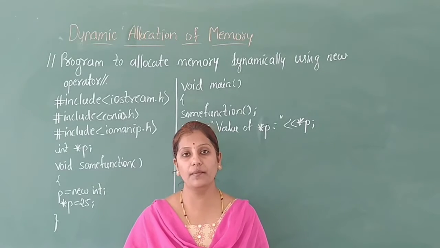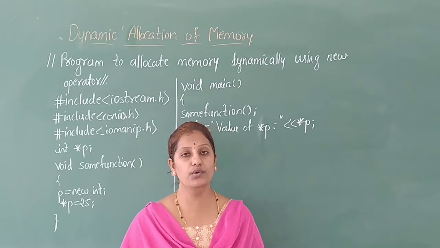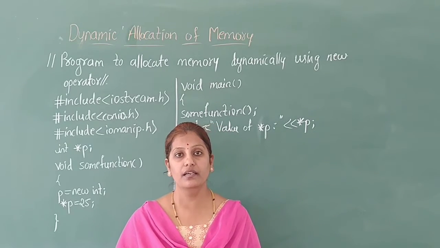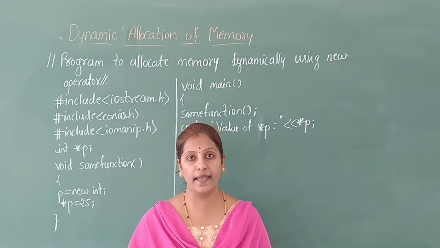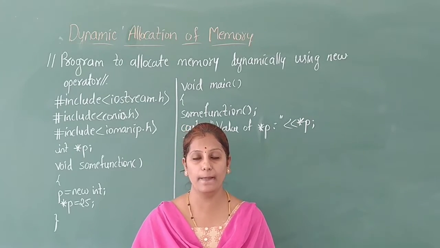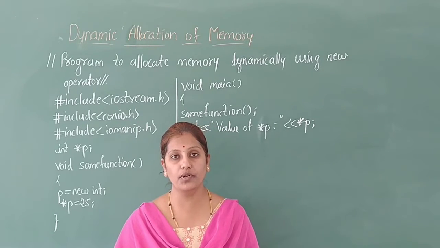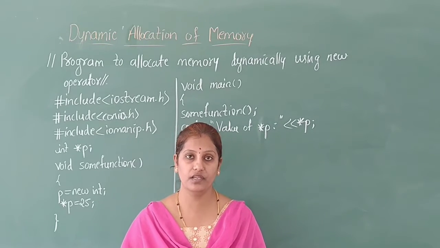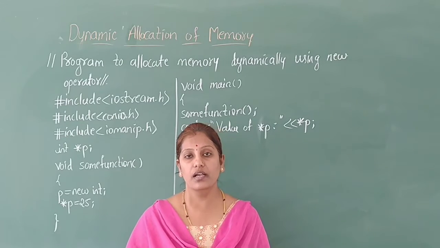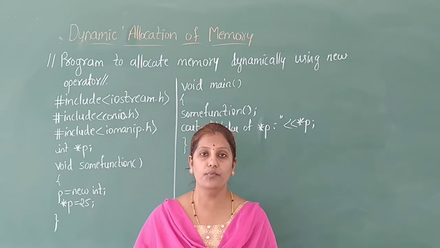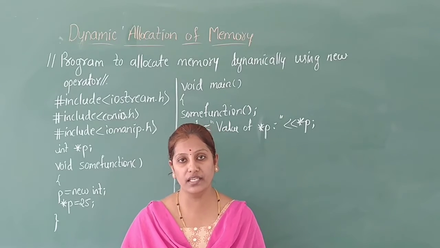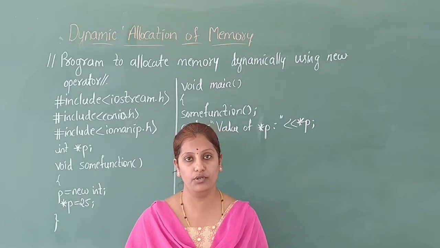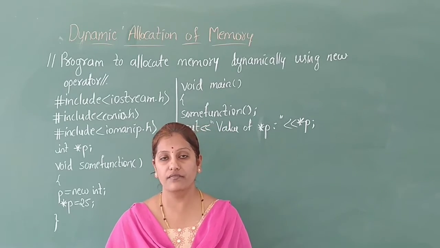For example, a program to allocate memory dynamically using the new operator. To write this program, first we have to include three header files: iostream.h, the input output stream header file, conio.h, the console input output header file, and iomanip.h, for input manipulators. These header files are used to connect input output devices to the program file and to execute the console input and output statements called cin and cout, and the manipulators which are used in